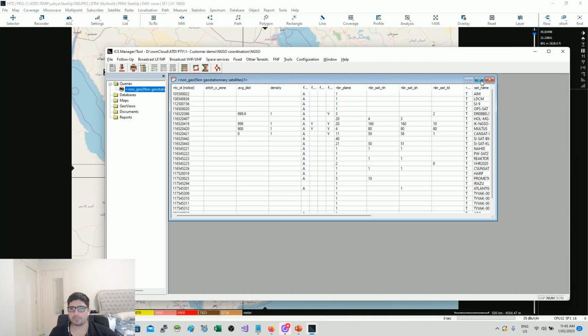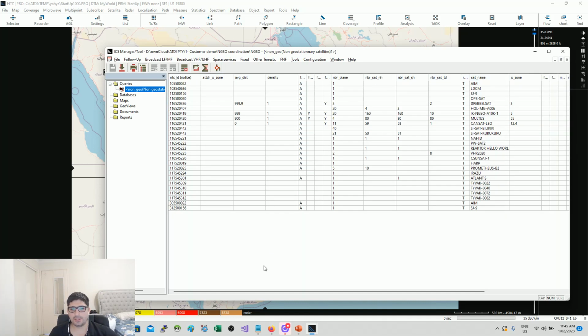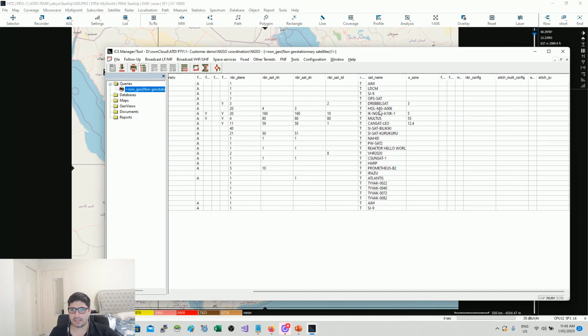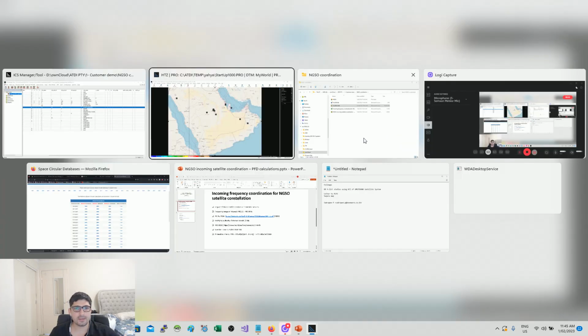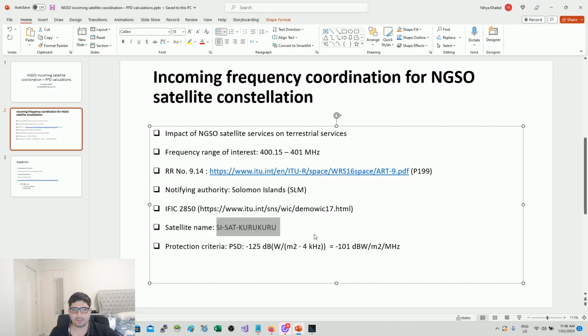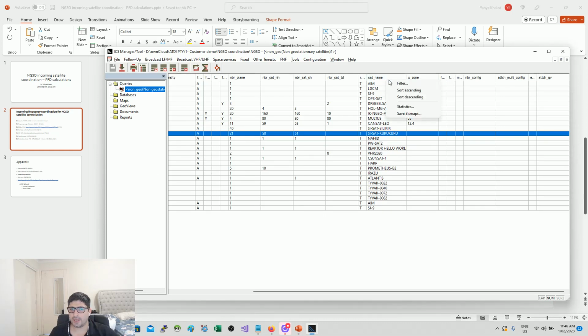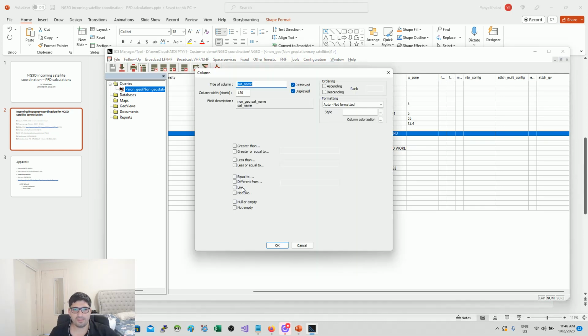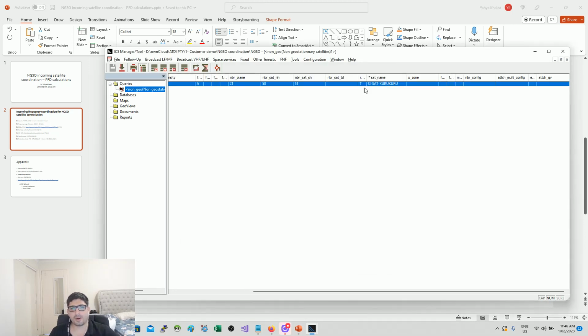There you go. So this information is now extracted from the IFIC database, and you can see some information here. Like I can see a satellite name, and this is our guy, right? This is the guy we were looking at. So let's have a look. Where's the PowerPoint? So this is the guy that we're looking at. So in fact, I can just click on the header and then go filter, and then filter like, and then specify here the name, and then it should show up right away. All right, so you've got 21